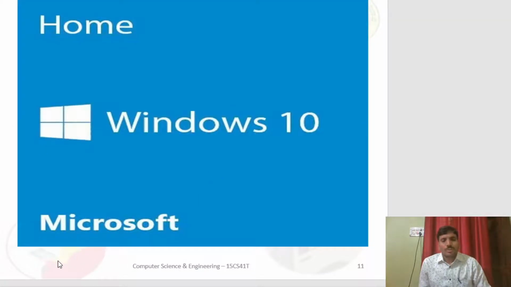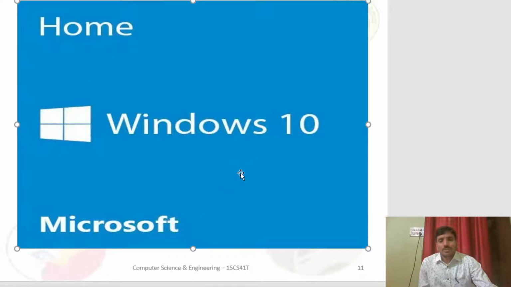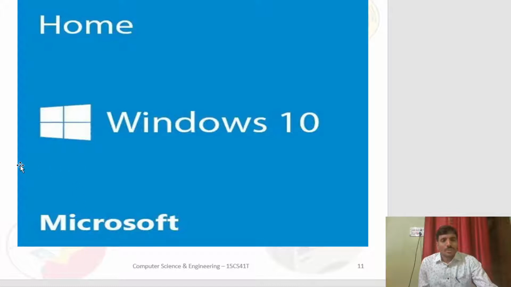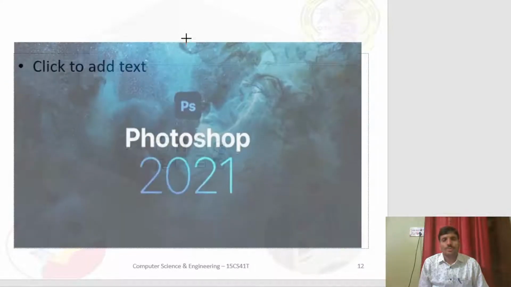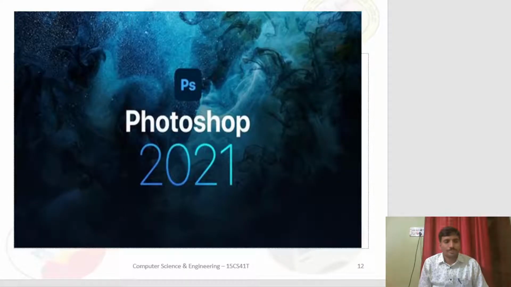By Microsoft, we have many operating systems such as Windows 7, Windows NT, Windows XP, currently Windows 10. For the design and development of the operating system, we use data structures. Okay, students, Photoshop. Here also we use data structures.